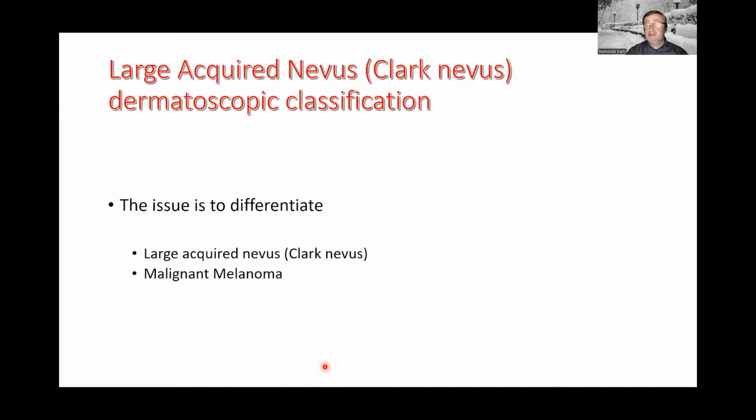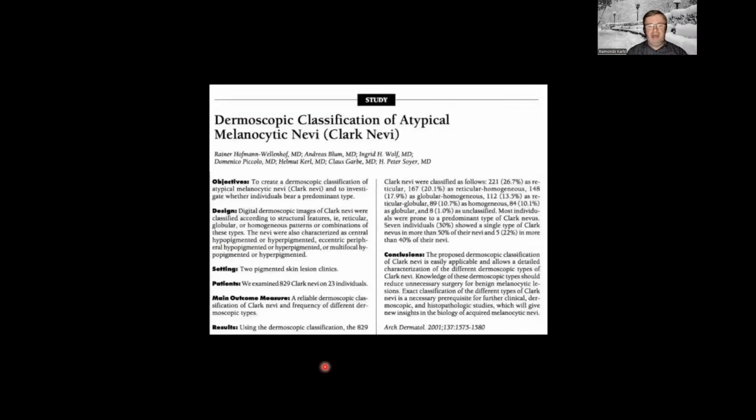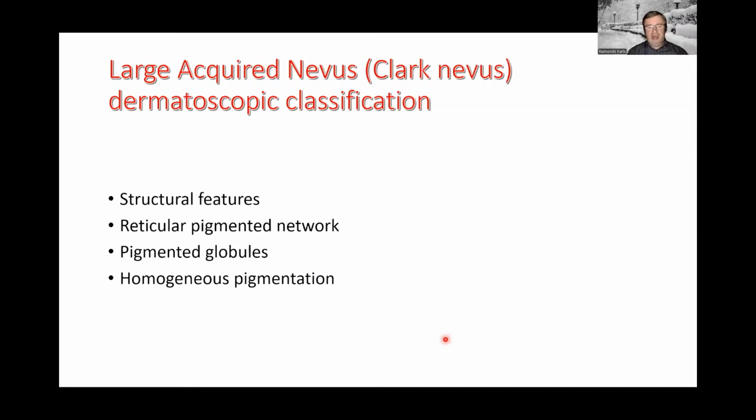And of course, we also need to understand whether this lesion belongs to this group of acquired nevus, this Clark nevus, or is a malignant melanoma. And in the literature, we can find a lot of data about the dermoscopy classification of atypical melanocytic nevi, as we see here. And as you also can find, this is data published more than 20 years ago by Rainer Hofmann-Wellenhof and co-authors. So nowadays, when we are talking about the dysplastic nevus, we must understand that this is a large